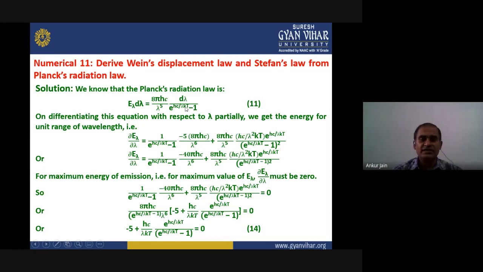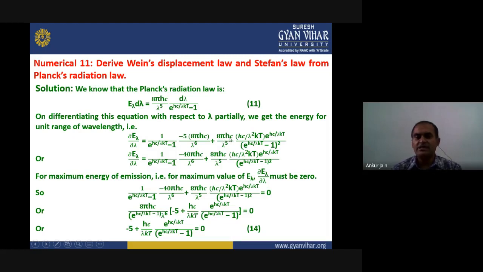So if we differentiate the multiplied terms, first we differentiate this term while the other remains as it is, plus the first remains as it is and we differentiate the other term. So we are now considering that fact and making the differentiation. The first term will become 1 upon e to the power hc upon lambda kT minus 1 as it is. We will differentiate this term: lambda to the power minus 5 will become, on differentiation, minus 5 lambda to the power minus 5 minus 1. When it comes back to the denominator, it will become minus 5 into 8 pi hc upon lambda to the power 6.